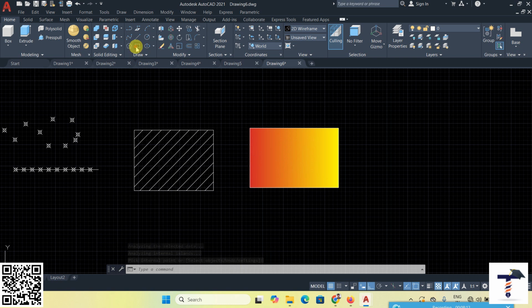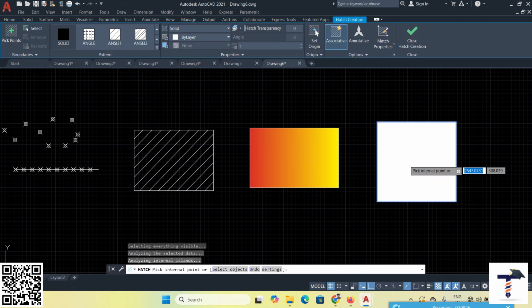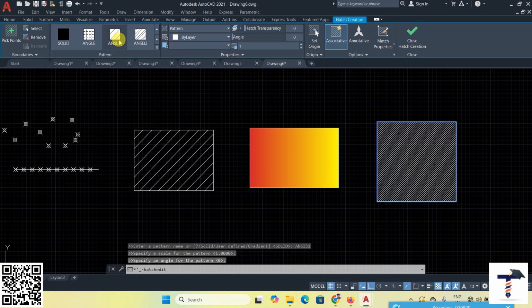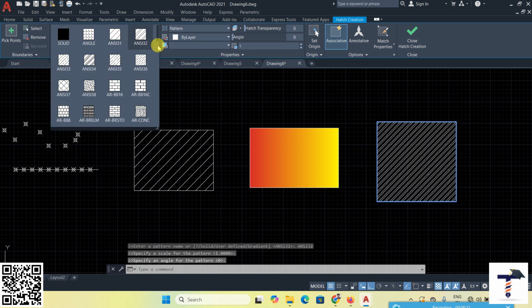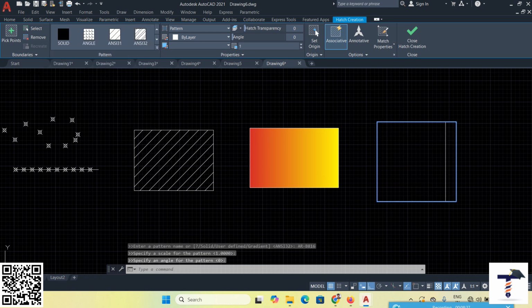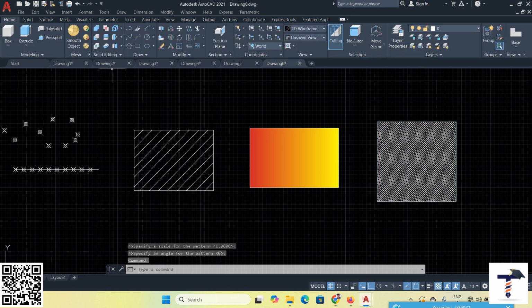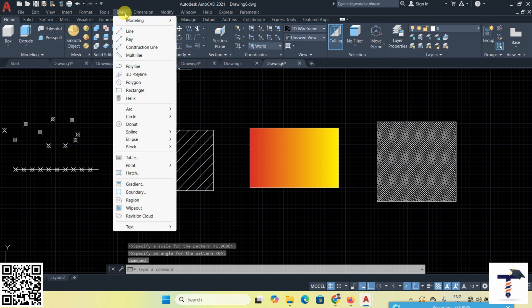gradient. Okay, you can create in the hatch, suppose draw hatch. Also you can choose as per your requirement this one. Okay, suppose choose here, choose here. Okay, all things are there. Okay, any brick type material. Okay, so everything you can change from here. So that is called hatch. Next,